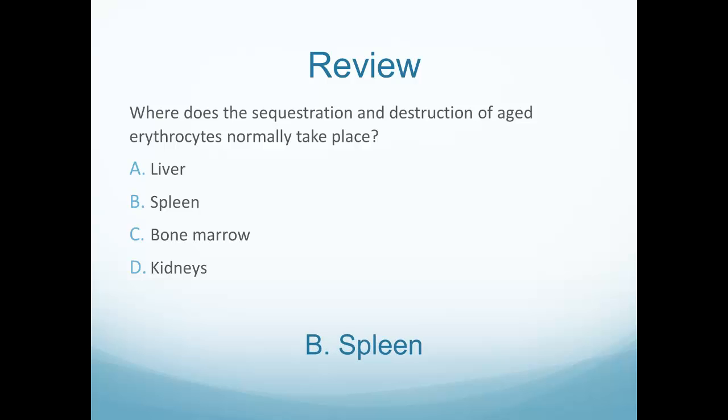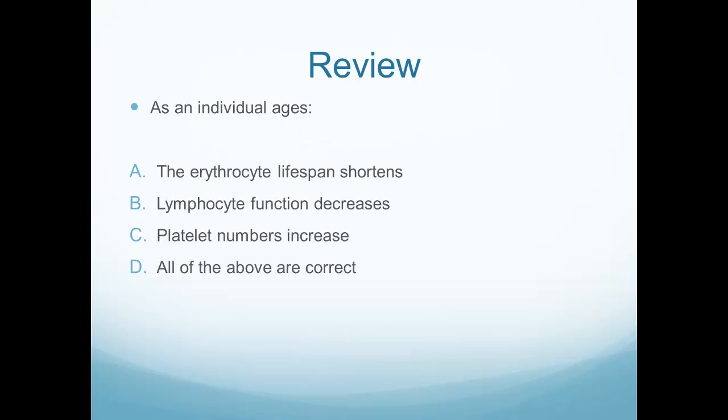The spleen. So the spleen is going to be the part of the body that is going to hold those old red blood cells and destroy them so that they are taken out of our circulation and new red blood cells are then going to be produced. As an individual ages,